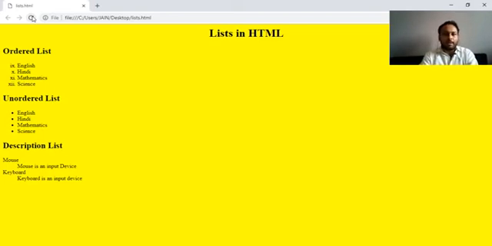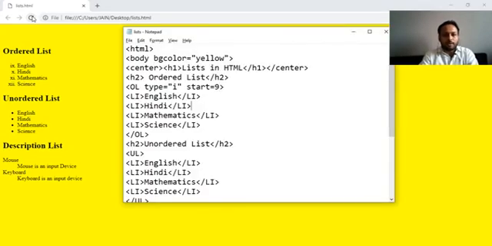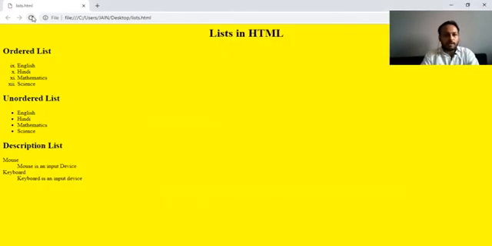Now coming to the unordered list. Unordered list, type equals square, circle, and it will come as an empty circle. So you can write circle, disk, square and none.